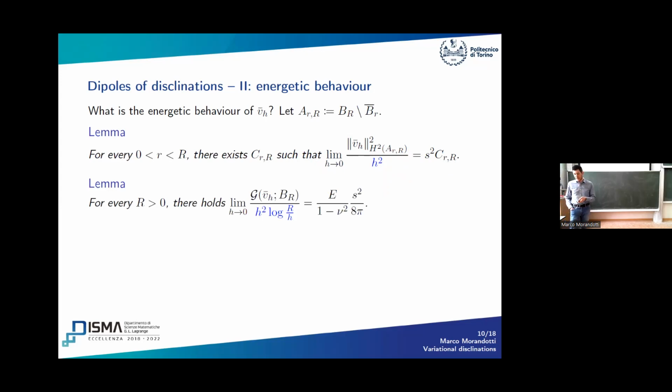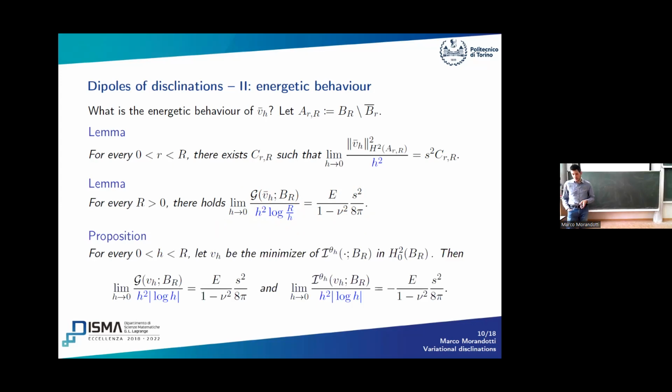And moreover, if we rescale the whole elastic energy by h squared log h, where h squared reminds us of the fact that the energy scales like the square, and the logarithm reminds me of the fact that the dislocations scale like the logarithm of a little core centered at the dislocation, then this one is a finite number. So this suggests that h squared log h with a minus sign is the right scaling at which we should see some physics happening.